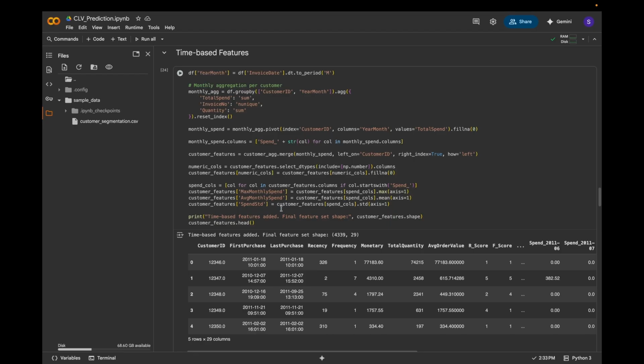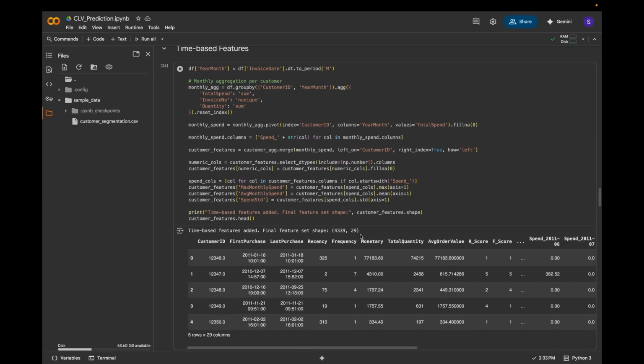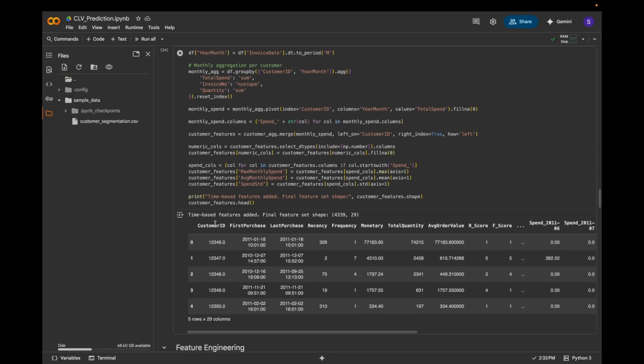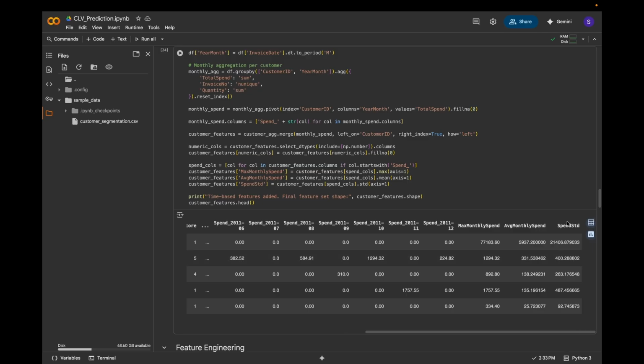Then we move on to printing the customer feature shape and the first 5 rows of this dataset. So here we have time-based features added. The final feature set is 14,399 rows with 29 columns, and here are the first 5 rows of this dataset. So we have customer ID all the way till spend std,